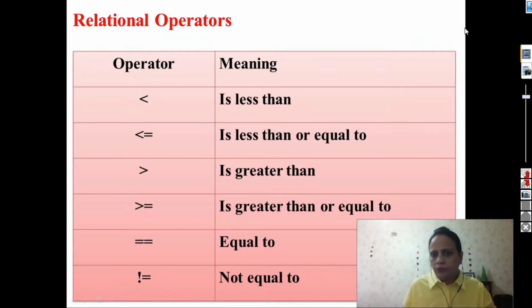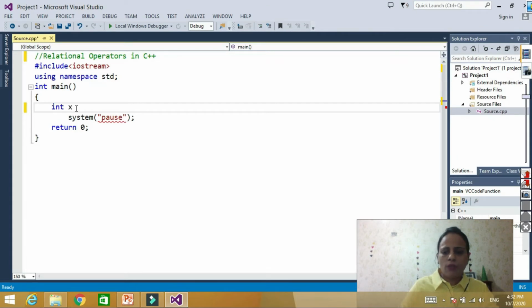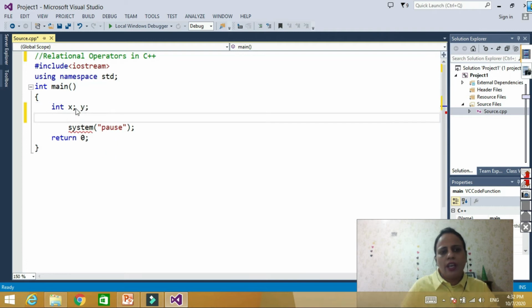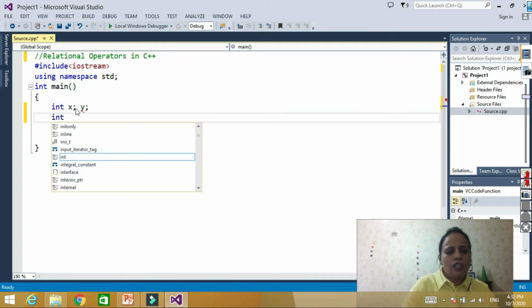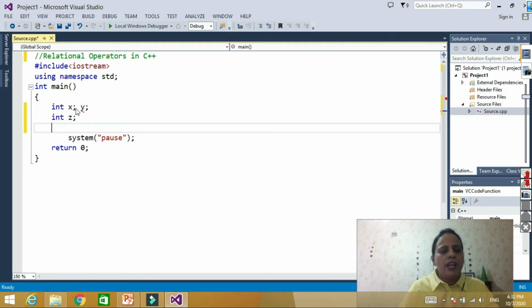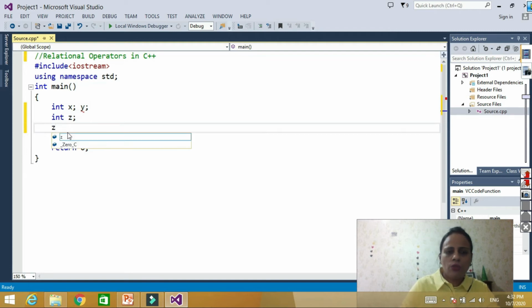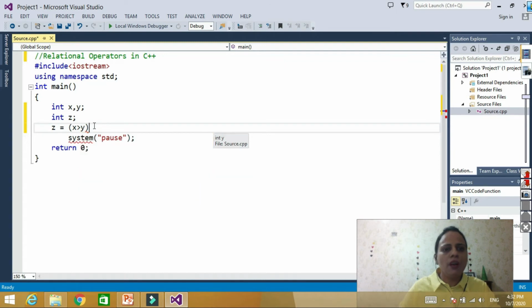So for example, let's say I have two variables x and y, and let's say I have another variable z also, and I say z is equal to x greater than y. It means first it will compare.